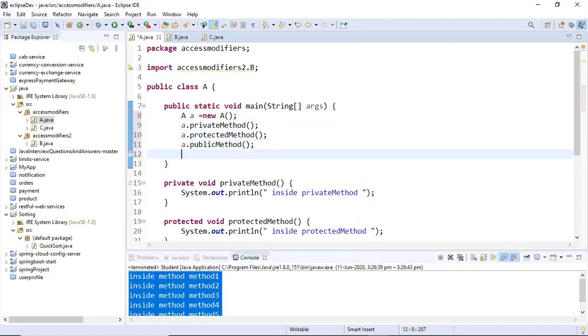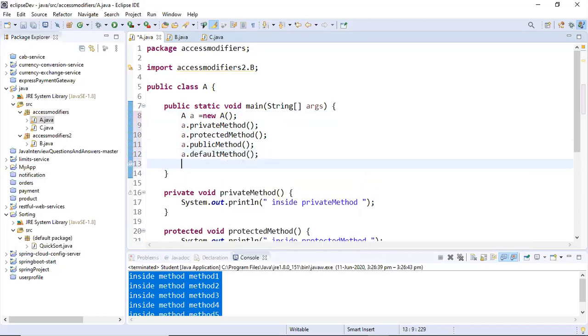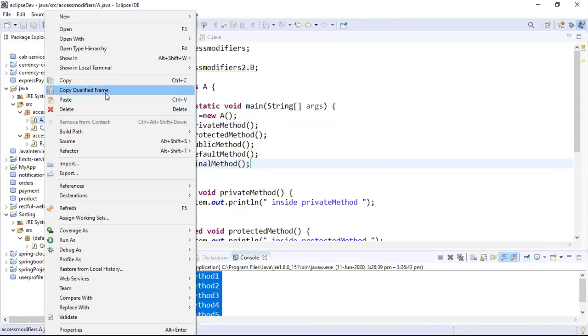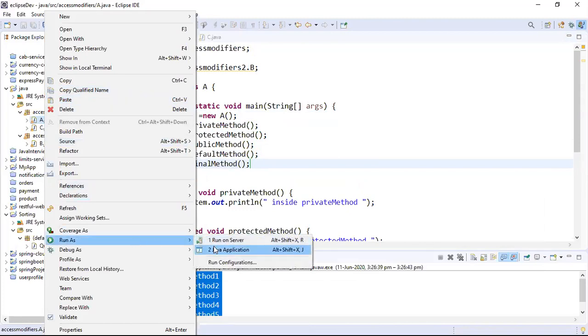Private, public, protected, all are accessible. Final is also accessible. See, default is also accessible. Final method is also accessible. Okay, so all the methods are accessible. Now I'm running class A just to display to you what the result is.